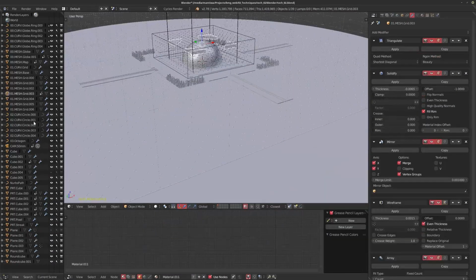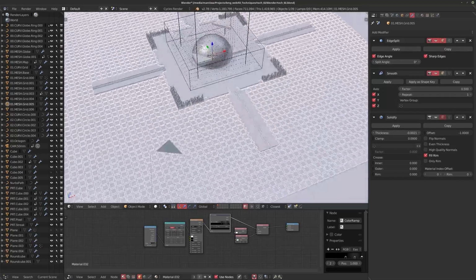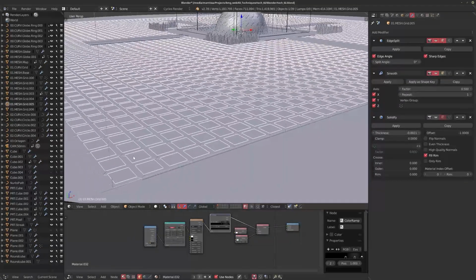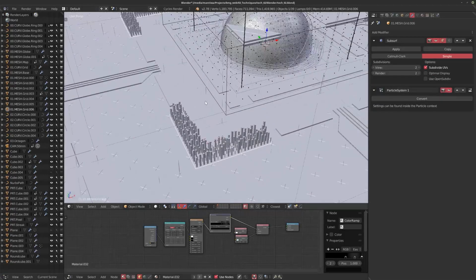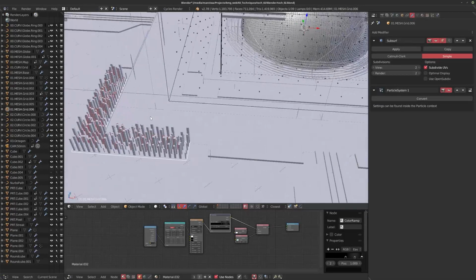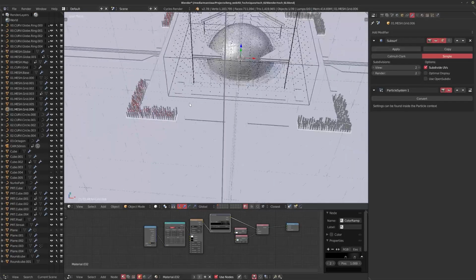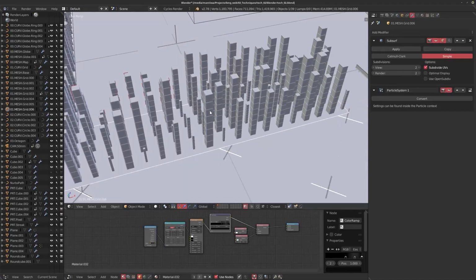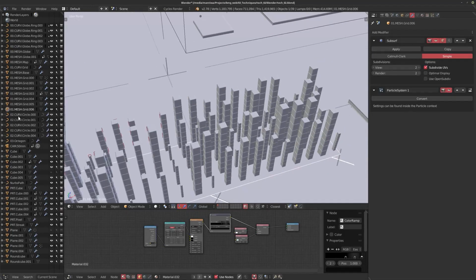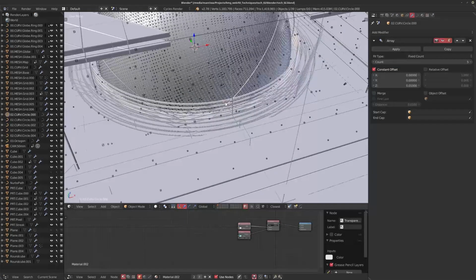So we can go back, grid 5, this is just the edge split and the smooth, so this is just split polygons. And as you can see, I just kept layering on detail, detail, detail, and this final one is very simple, the particle system with the little things on it, the little towers or whatever you want to call them. They look pretty cool. Then what else do I have?